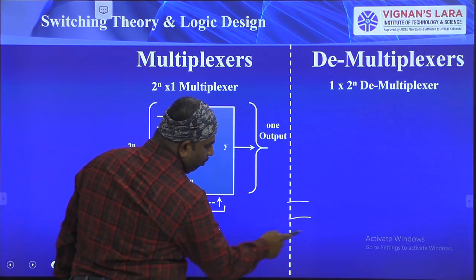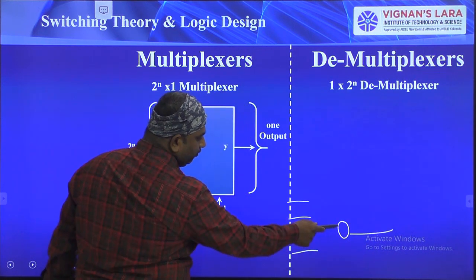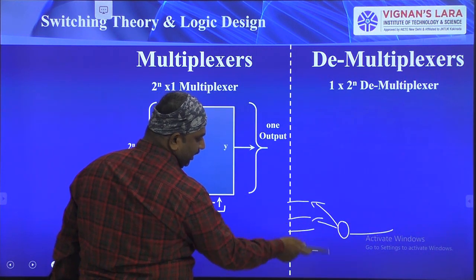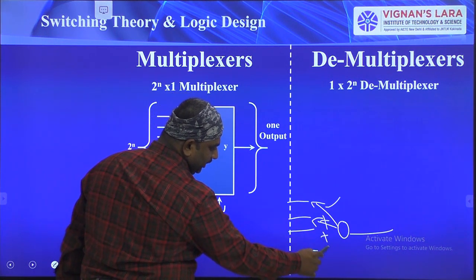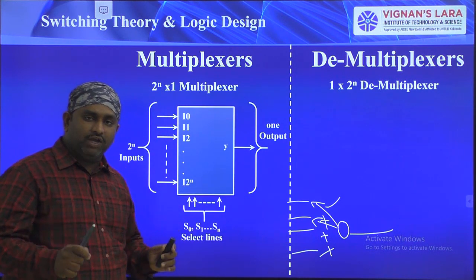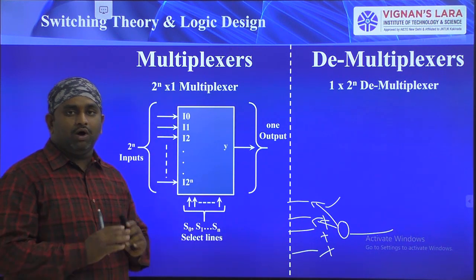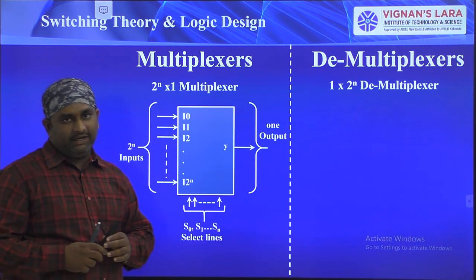Here you have more pieces of information, and here you have an output. This output may be connected to here or maybe connected to here. If it is connected, these three connections are in the off state. Any one of the inputs it selects. So this is the basic operation behind the multiplexer.